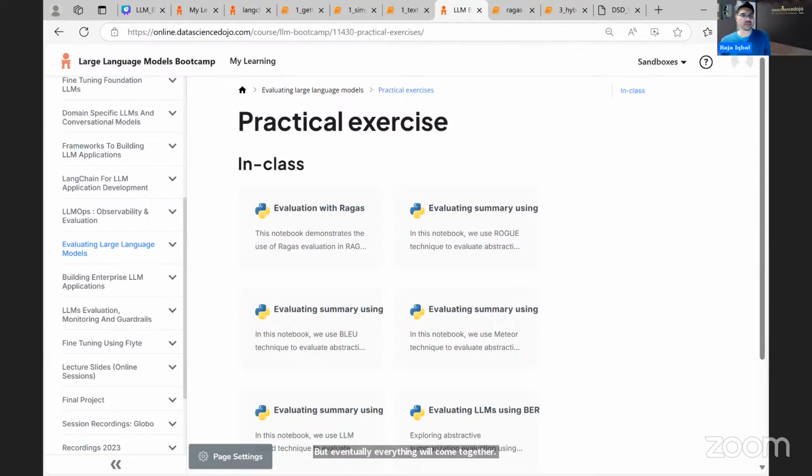What is the difference between RAG and fine-tuning? That is what we will cover in the bootcamp. Broadly speaking, RAG is when you combine a large language model, or foundation model, with a search type infrastructure, retrieval augmented generation.